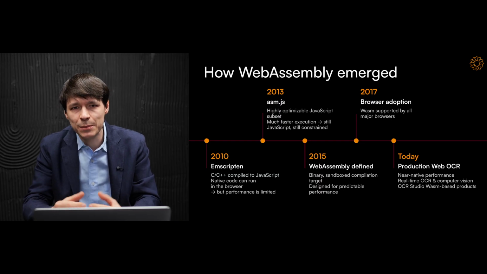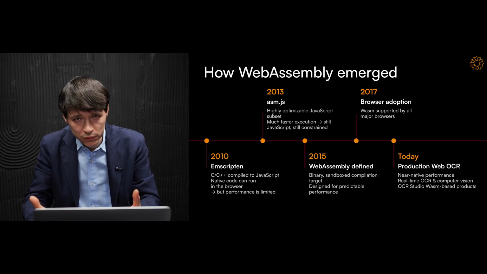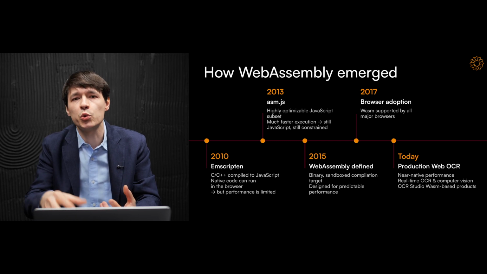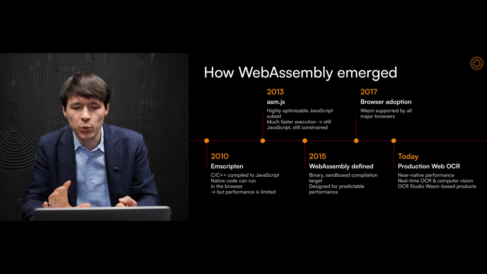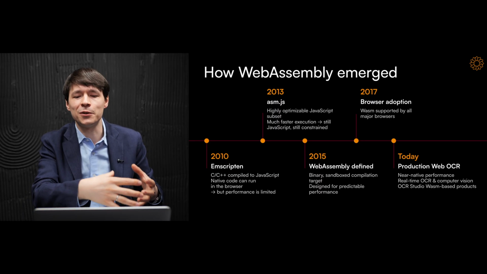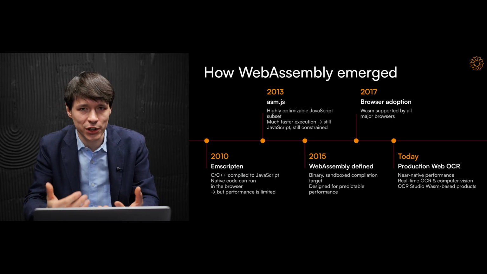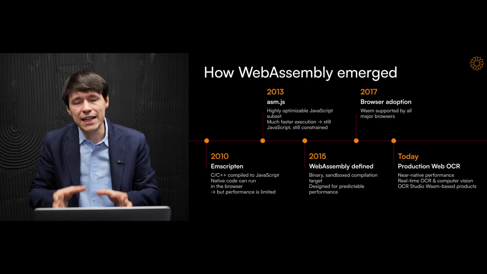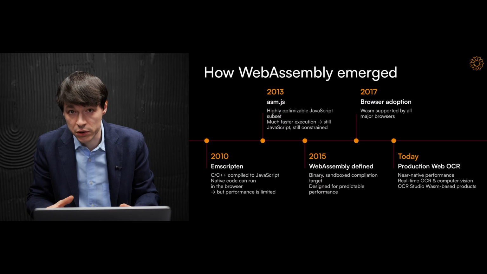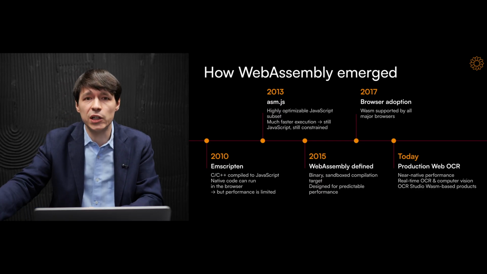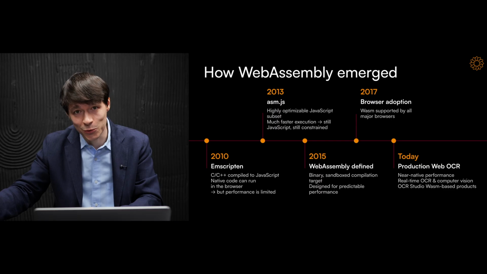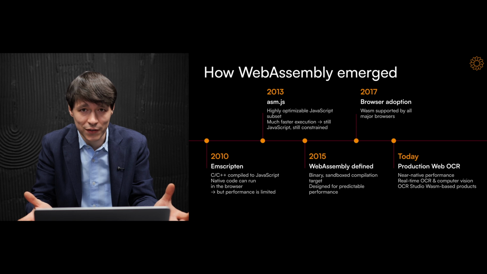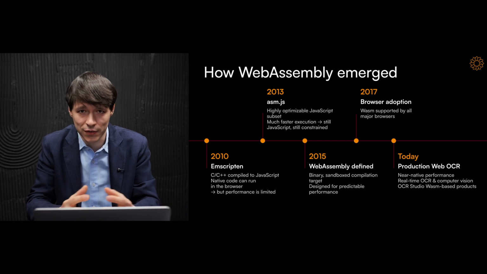So Emscripten didn't make JavaScript more powerful in the usual sense. It didn't remove it from the equation. The output was still JavaScript. But it was JavaScript used as a low-level execution language, not as a language a human would write the code. This was the key idea. So native code, for example, computer vision code, could be mechanically compiled into something the browser could run, even if that something was still technically a JavaScript code, just software-generated JavaScript code.